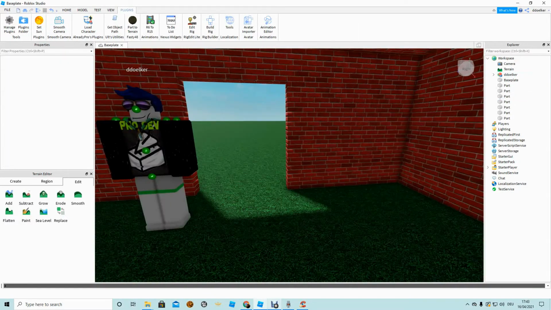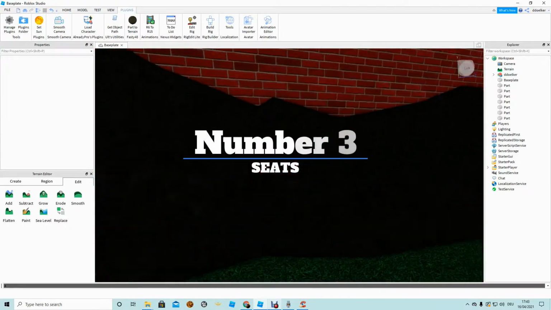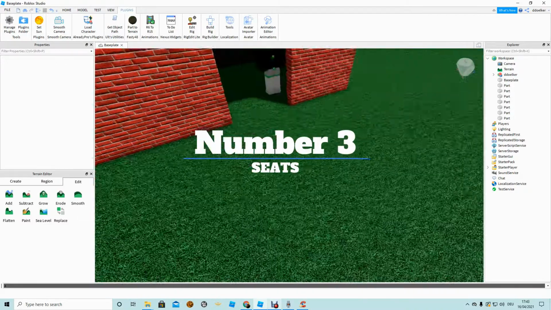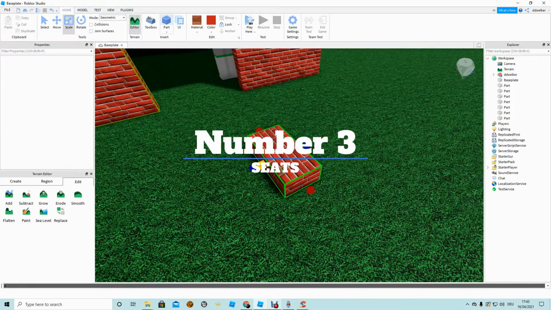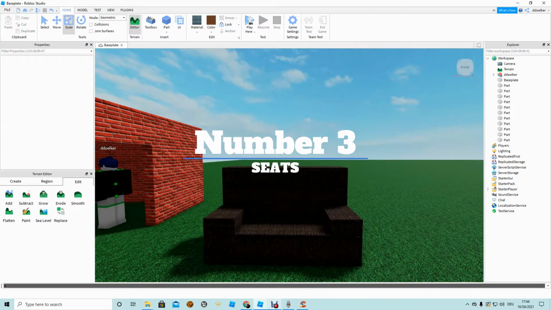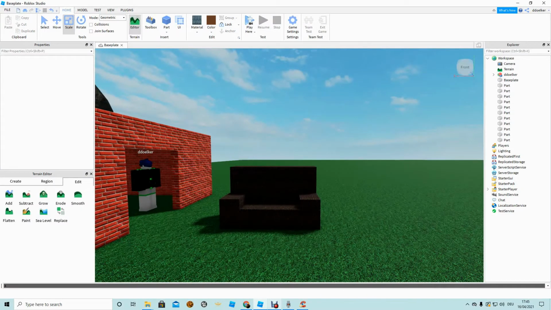Maybe you saw some games where you were able to sit on things. I'll show you how to make that. So I'll just quickly design a sofa for showing it on. Now that we have our sofa, a pro tip that I want to tell you is,